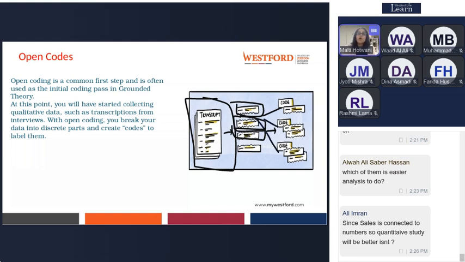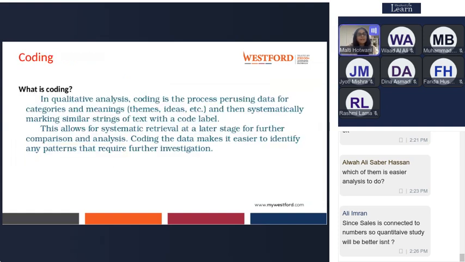That's called coding. I'll tell you again: in qualitative analysis, coding is a process of searching data for categories and meanings, so themes and ideas.